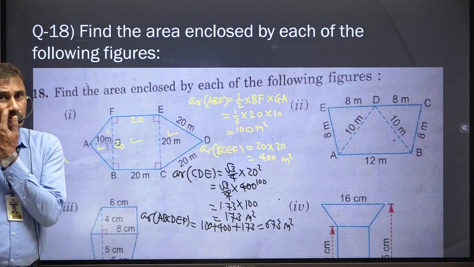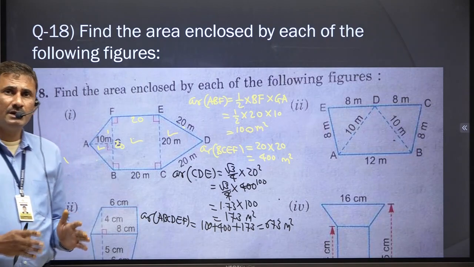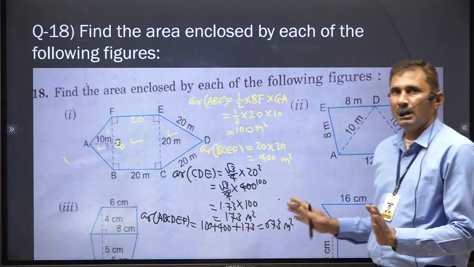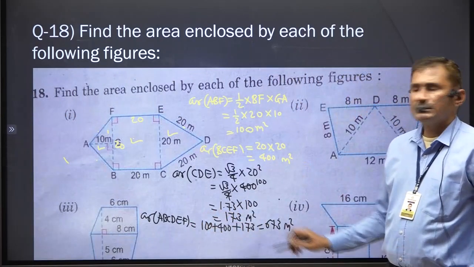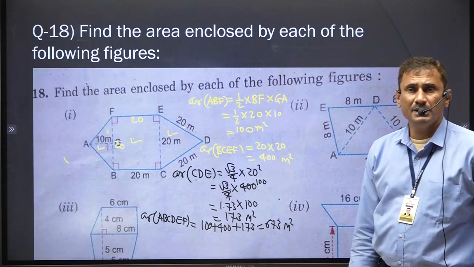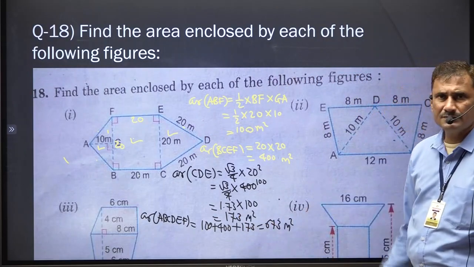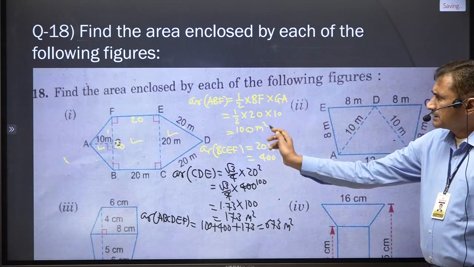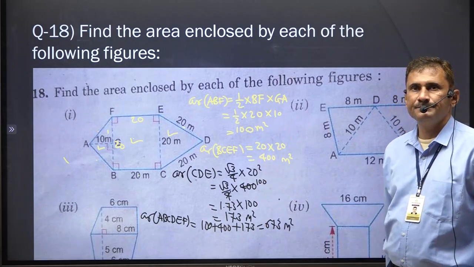Okay, so nothing is new, but the whole figure is divided into many parts and you have to find the area of each part separately. And after finding the area of each part, you just add all of them. So it will give you the final answer of that enclosed figure, whatever it may be, hexagon, pentagon, heptagon. So that way you can find it in all sums. Try to understand which parts they are and how to find the area of each part one by one.